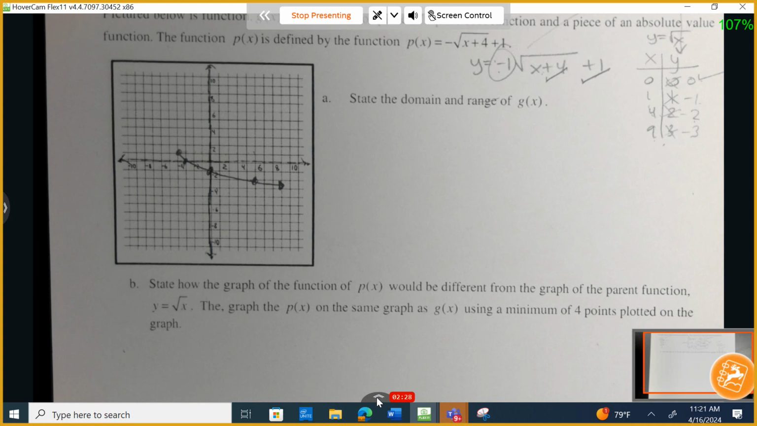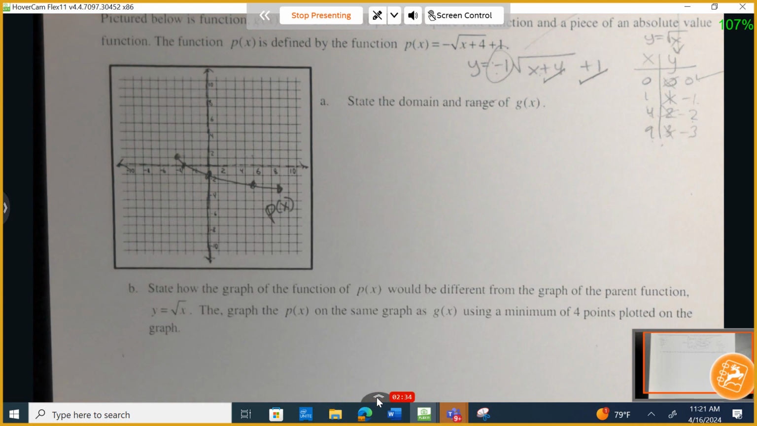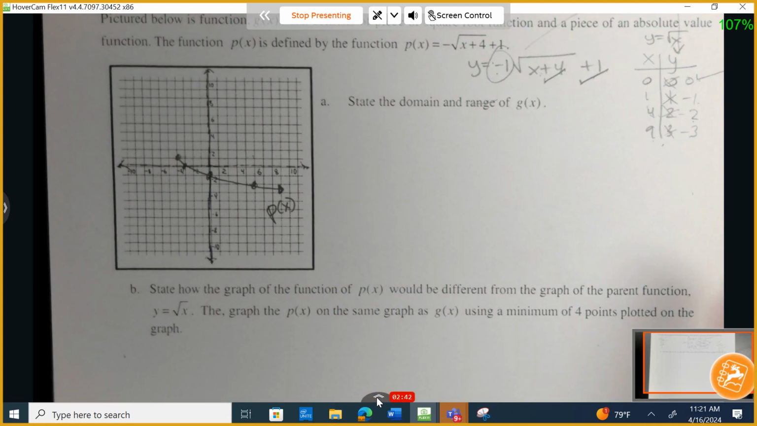Does anybody have questions for how I graphed p of x? On this, I do want to write p of x. Does anybody have questions how I graphed p of x? Anybody? Okay, we are now going to state the domain and range not of this function, but of g